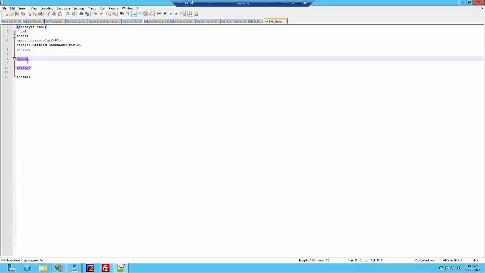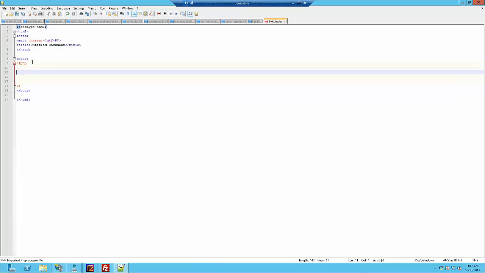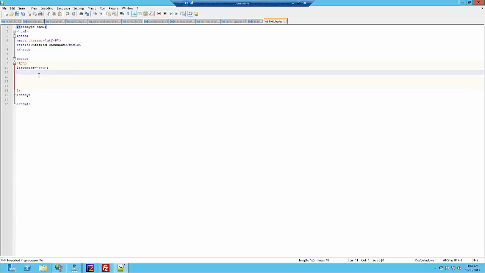So I'm going to start off by creating my PHP blocks. And inside of my PHP blocks, I'm going to start creating my switch statement. So I'm going to go $fave color equals red. Okay, once I've done that, I've basically went and said, okay, $fave color equals red. Now I'm going to go switch, okay, $fave